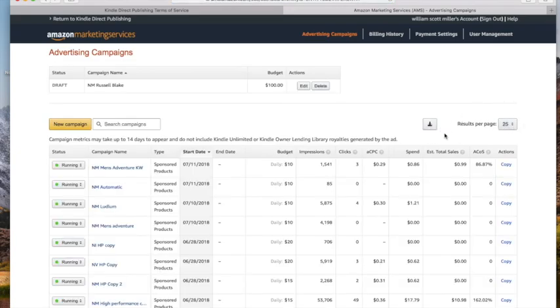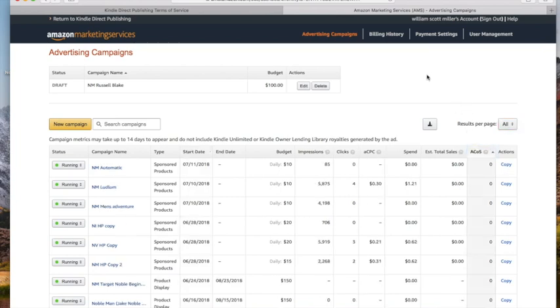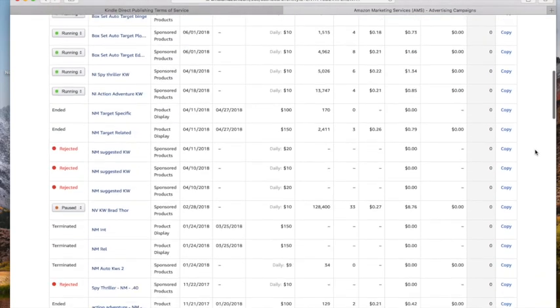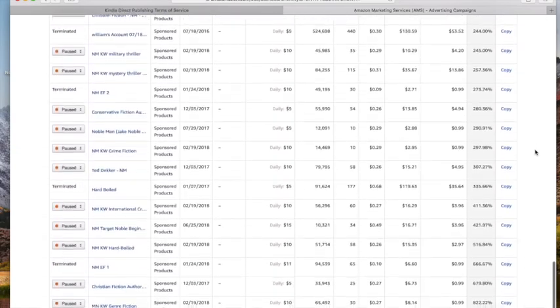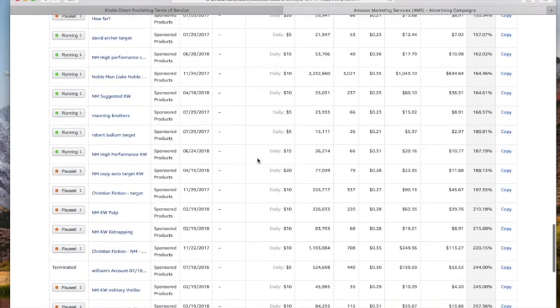So one thing you may want to know is results per page here. Click on that and click all. When you've only got 10 ads running, it's not gonna make any difference. But when you're like me and you've got a whole bunch of ads, then that's when you really need it. So I'm gonna zoom on down to the bottom of my list here again. This is the one that I just tweaked. The next one